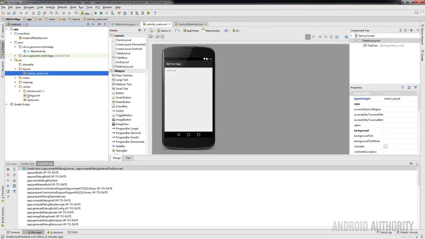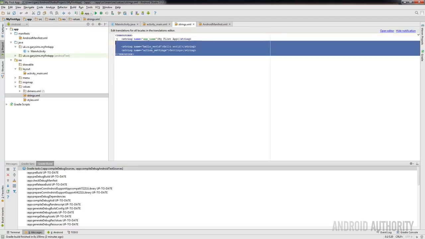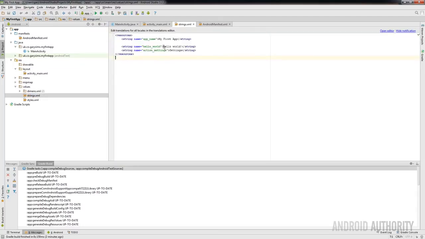So just to repeat that, strings.xml is where the string values are stored, and in the Java code and in the XML file for the layout, you just reference the string using the ID, and we'll see about that in a few minutes. So just to sum up then, to create this sample app that we're going to do today,